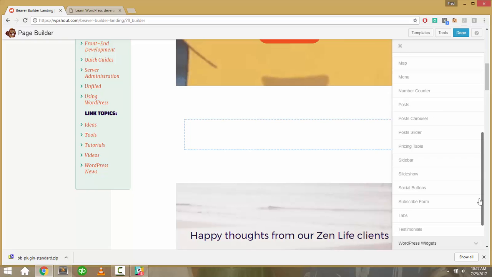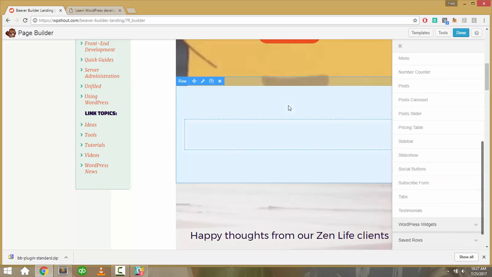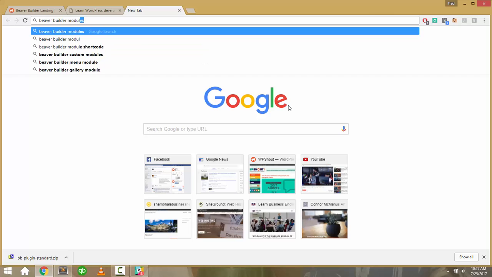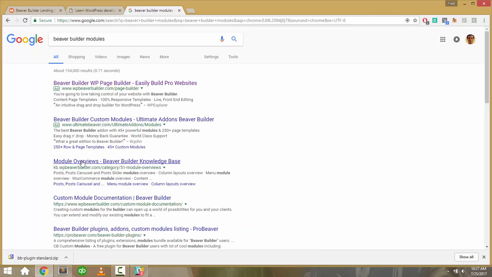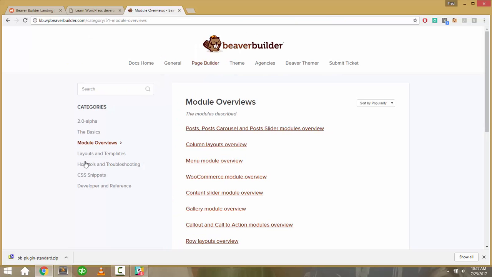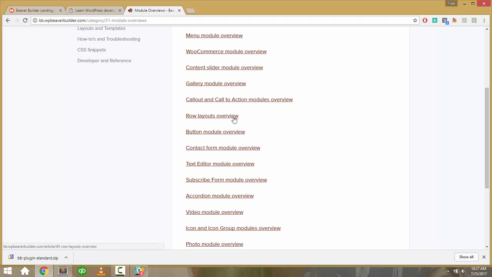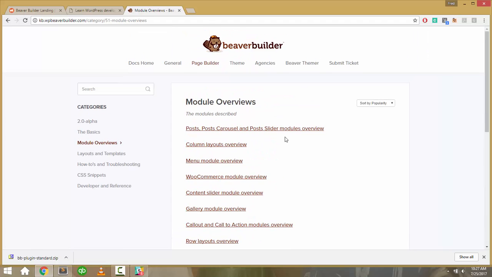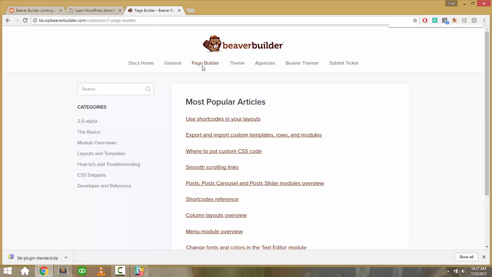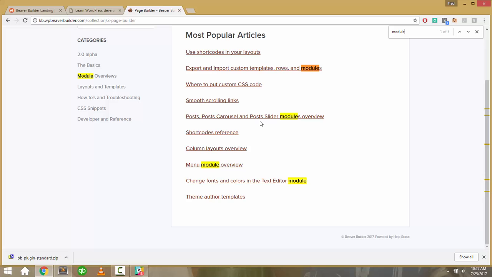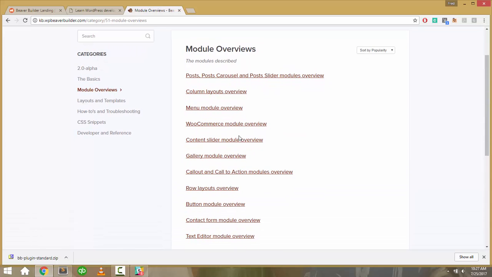What do I actually want? Let me see. Beaver Builder modules. Modules. I wish it was more visual. Module. Okay, well,